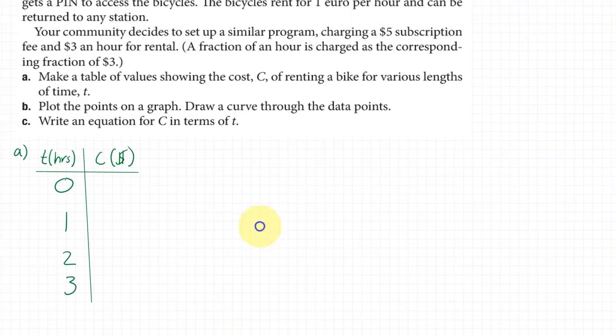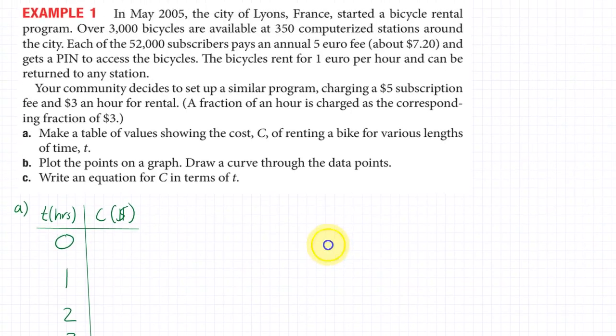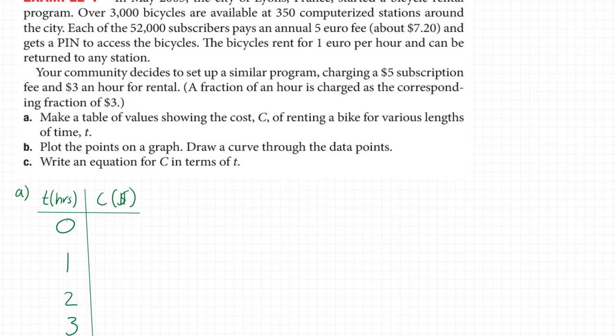So in this case, let's see what the cost is going to be, using the description, for renting a bike for 0 hours. This question is about the community program, so the information here about Lyons, France is actually kind of irrelevant for this. If you rent a bike for 0 hours, this means that you paid the $5 subscription fee,